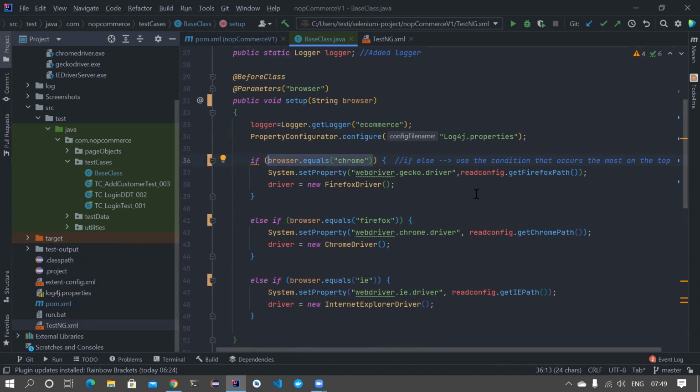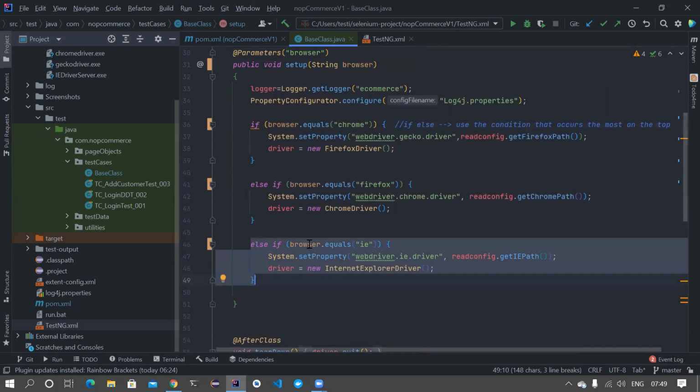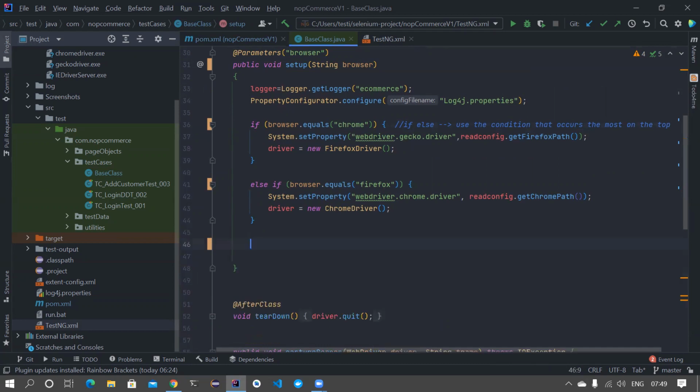So don't do this. Again, in most cases, normally people just create this but they never use it. In my case also, I'm not going to use IE, so there is no need to have that in your code. You don't have to really have that in your code, so let's remove it.